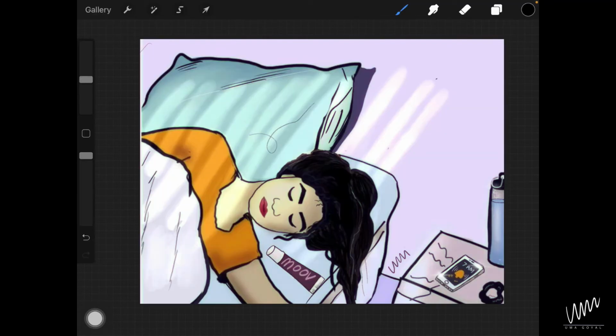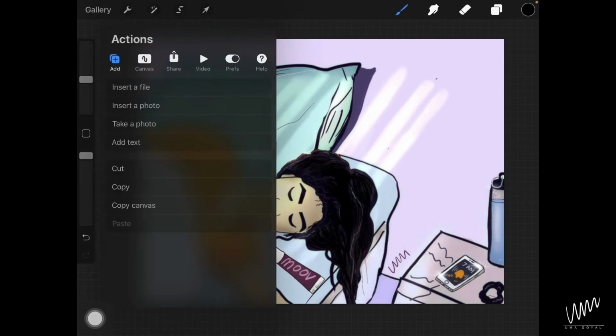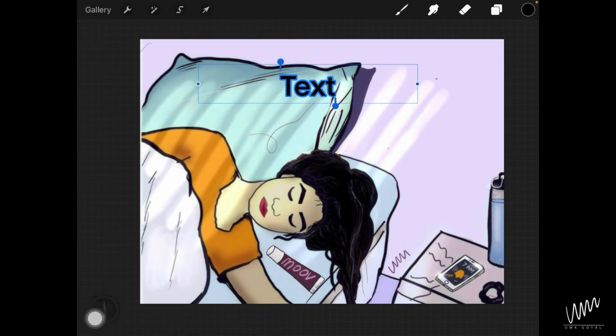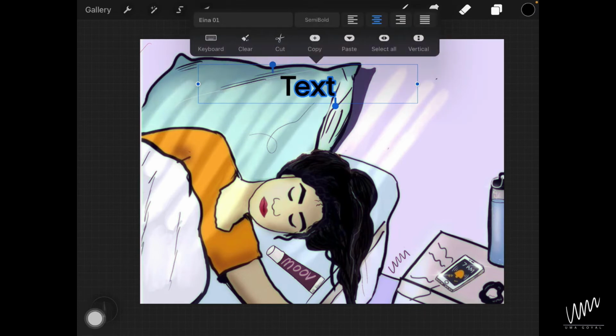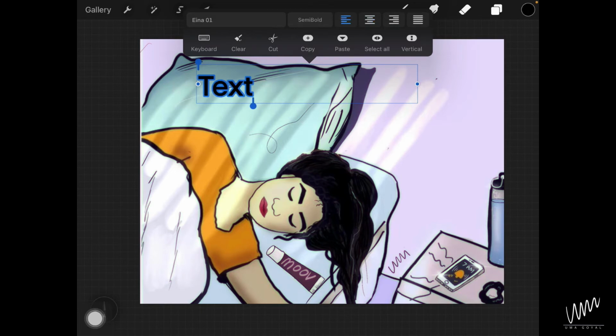The next update in the add section is the add text. Let's select add text. We can instantly see that there's a change in the look. Instead of having a blue rectangle to show that the text is selected, we now have blue outlines. We also have bigger nodes, so it's easier to deselect and select the text. And we have this text entry companion. It's handy to make edits like the alignment changes or select all. And if you want to access all the tools, then you can click either on the font name or the font style.